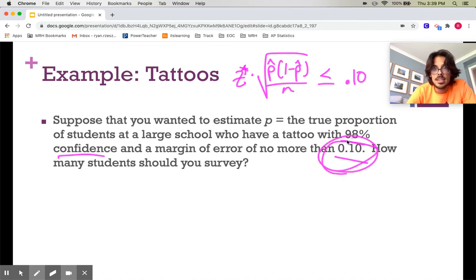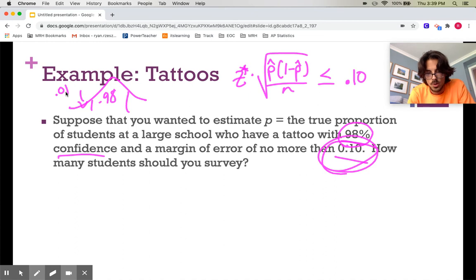Now there's that 98% right here. That's going to get us our critical value. So I would need to do a quick inverse normal, just like I taught you last lesson, to get your critical value. My area to the left would be 0.01. And if you do that, it's like 2.326. So what I'm going to have is 2.326 times